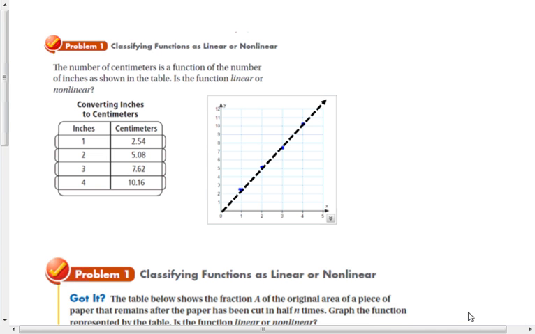After you graph this, you probably notice the dots were lining up. And so this is a linear function. And it's actually a direct variation. We could write an equation for 2 centimeters is equal to